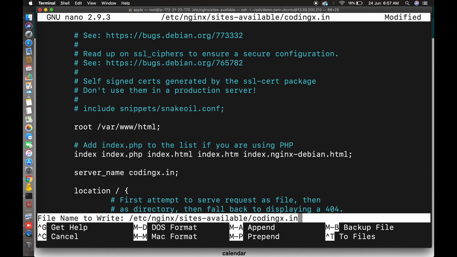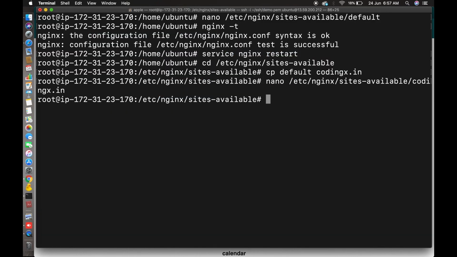Once it's done, you have to unlink your default file and then enable your codingx.in configuration.